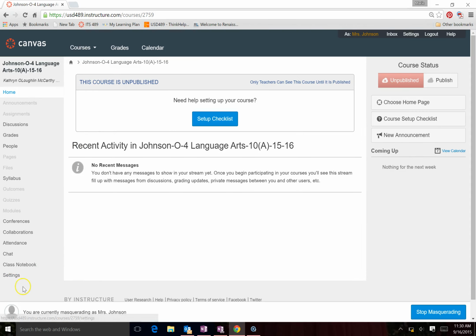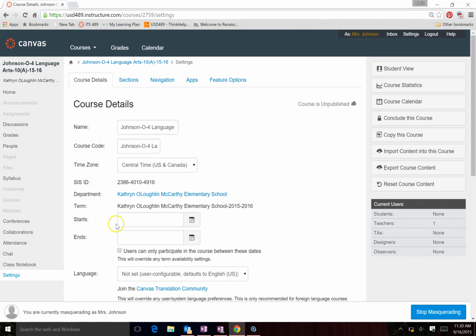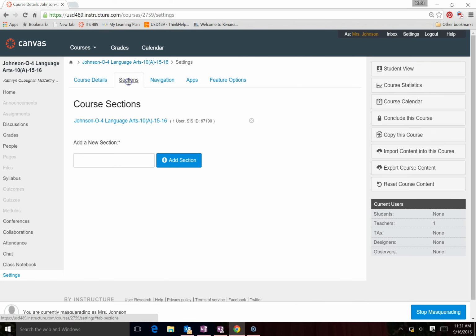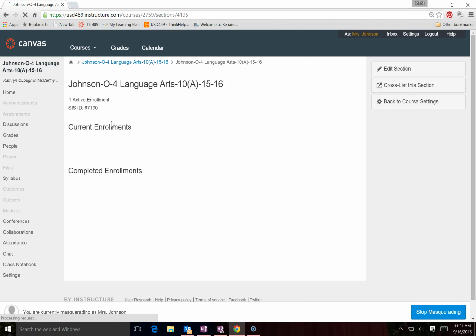and I'm going to go here to Settings, and then to Sections. Usually there's one section listed inside a course with PowerSchool. It also says how many users are in that section. Okay, so you want to click on the section itself, right here where the blue hyperlink is showing up. Click on the section itself, and then using the toolbar here at the right, you want to select cross-list this